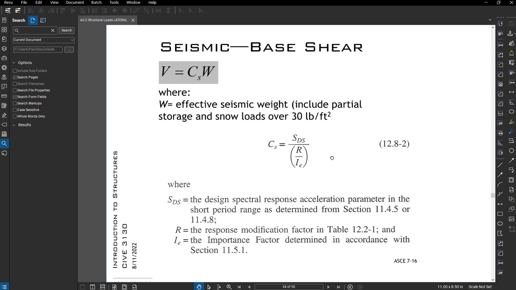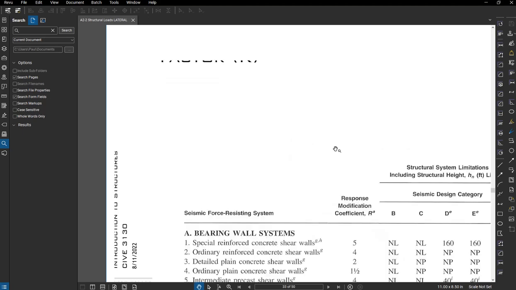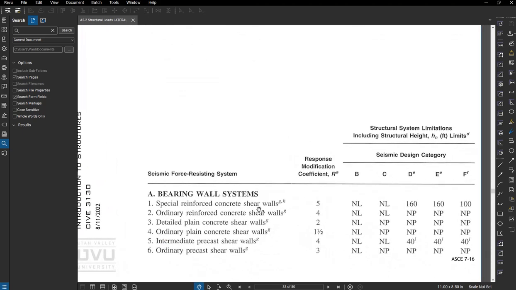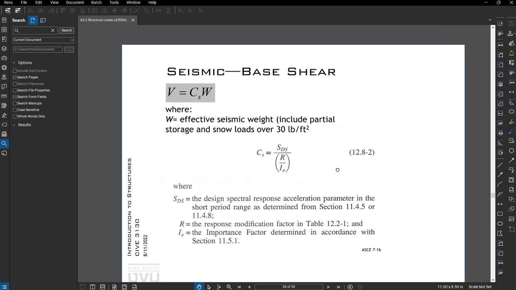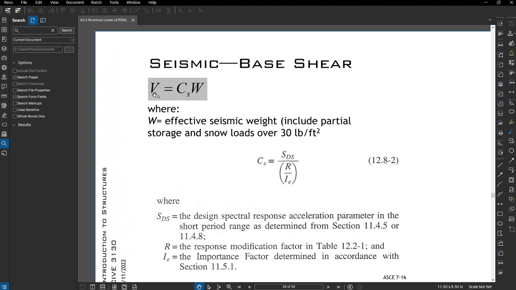And so in a special reinforced concrete shear wall, I'm going to have to meet certain detailing requirements to make sure that wall behaves the way I expect it to, and I can justify reducing my seismic force by such a high number. Okay, so jumping more into this equation,